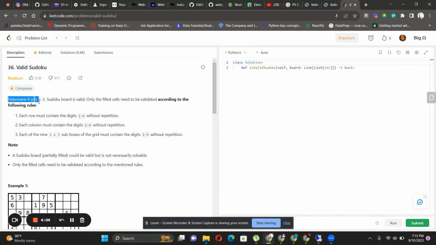Determine if a 9 cross 9 Sudoku board is valid. हमें क्या डिटरमिन करना है कि जो हमारे पास 9 cross 9 Sudoku है वो वैलिड है, only the filled